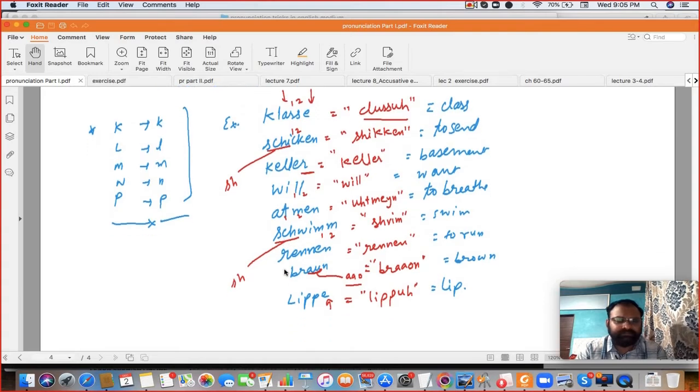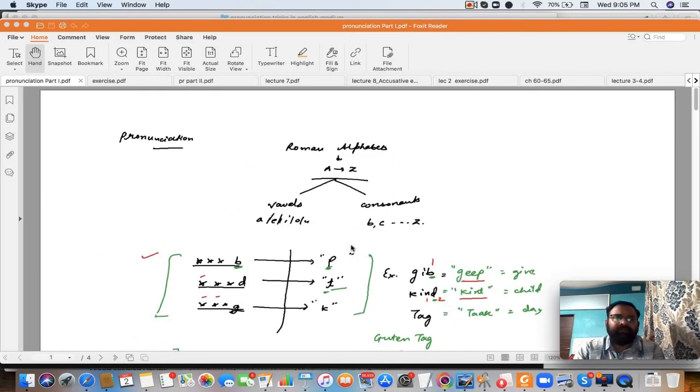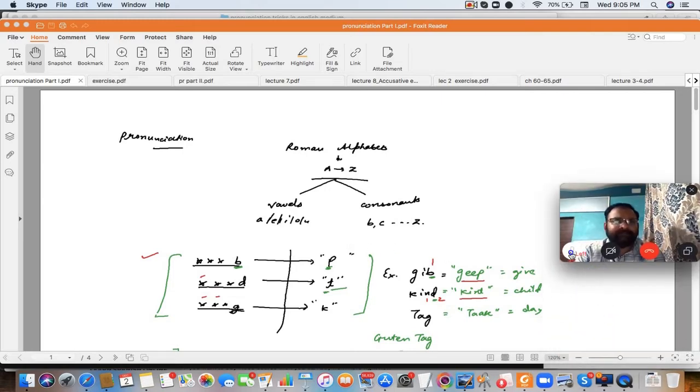Correct. So revise this properly. Revise it for 10 minutes. Complete the PDF from A till P, all the letters first of all. We'll be starting from the top. I am going a little bit slow today because it is the first lecture. Once you get comfortable, we'll pick up speed from the second, third lecture. So revise it properly first, then we'll discuss everything from the top.